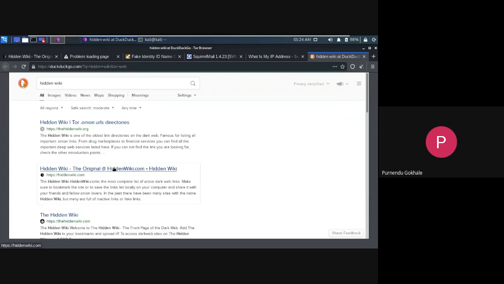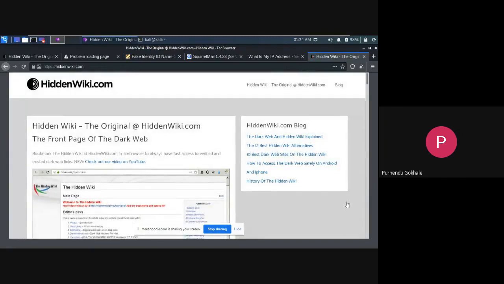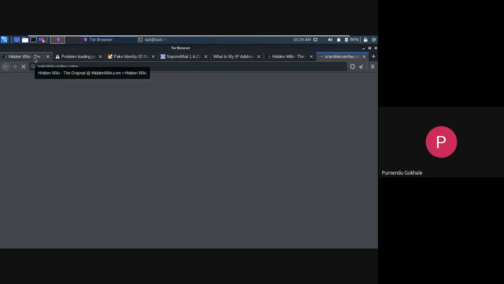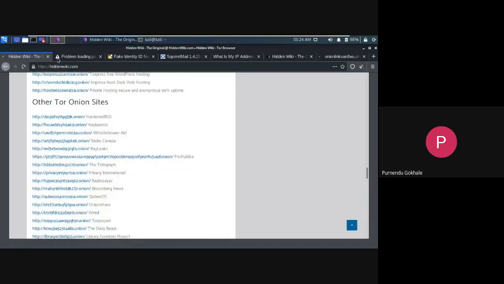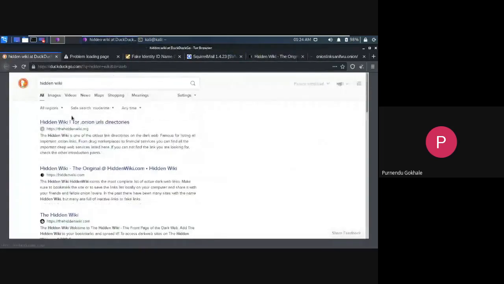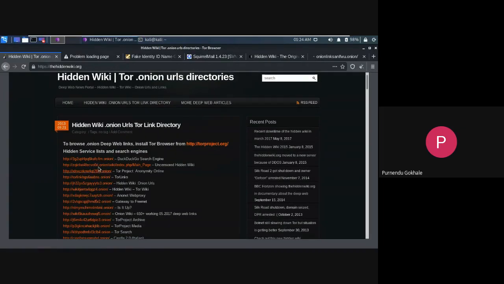So if I go to hiddenwiki.com, I have opened it. These are the open links for the hidden wiki.